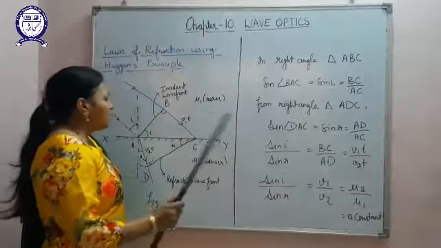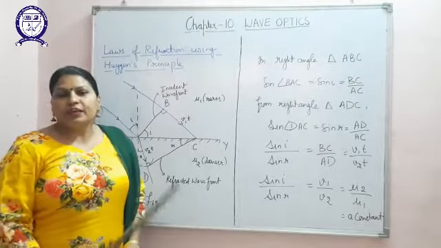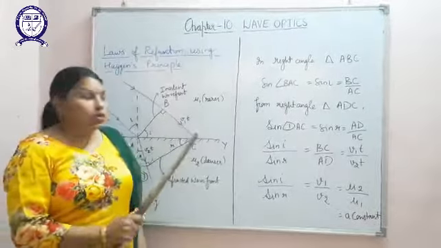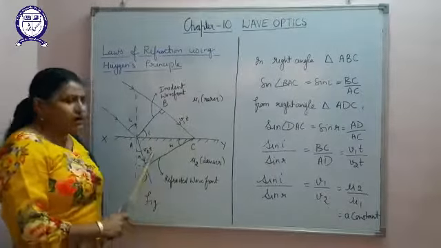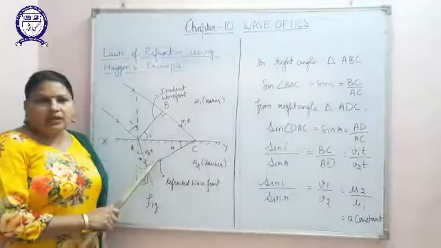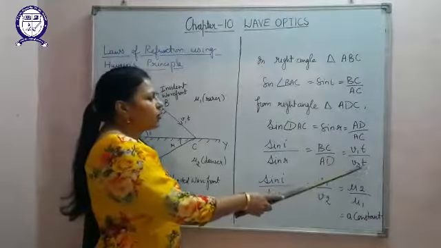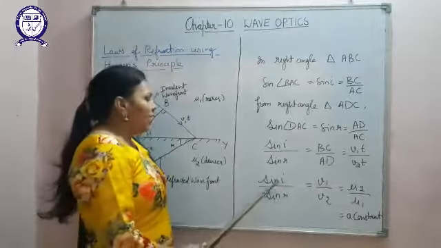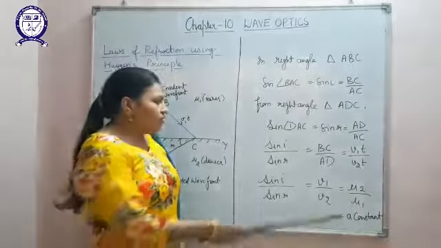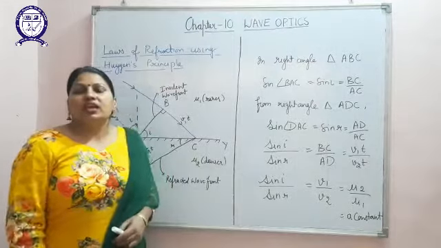Now if we want to calculate BC in terms of velocity and time, the distance is given by speed into time. In this medium the speed is v1 and the time is common to both, which is t. Similarly, for AD, the velocity is v2 and the time is t, so the AD distance is v2t. Simply substitute these values, and t is common to both and gets cancelled out. We get sine i by sine r equal to v1 by v2, which is equal to mu2 by mu1, which is always a constant called the relative refractive index of the two mediums.